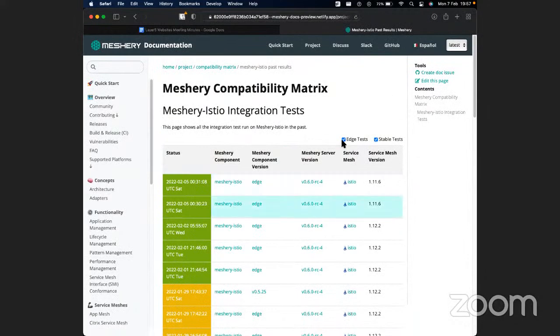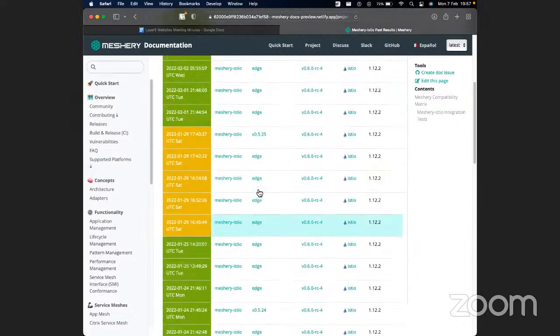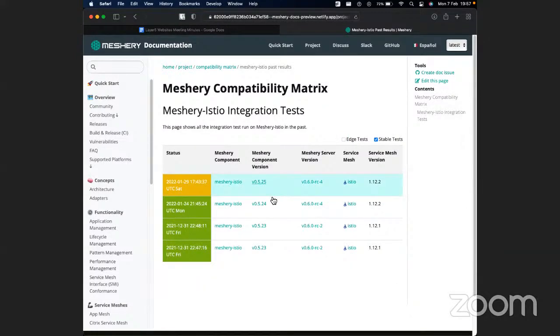Last time the landing page was an empty state where the user had to select whether to see edge or stable tests. Right now the initial state has both checkboxes selected, so users can see all past results, whether edge or stable, and can deselect to see only the selected tests.